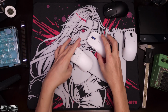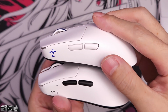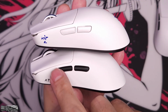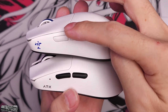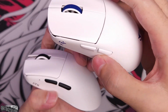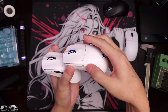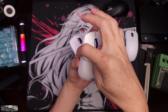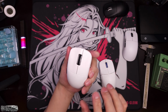The side buttons are located in almost the identical position, but they are shaped a little bit differently. On the F1 you can clearly see there is more of a crescent shape, while the Ninjutso Sora V2 is a straighter orientation. However, the Ninjutso Sora has a sculptured edge. As you can see on the edges here, they are slightly lower, and then the middle part is slightly higher. I think you get that on the